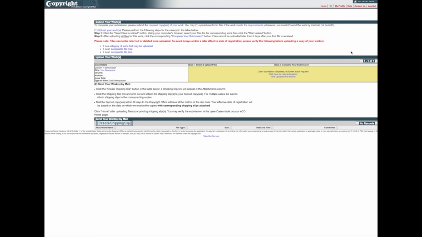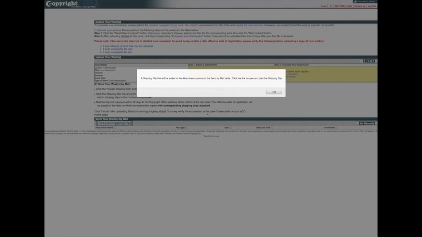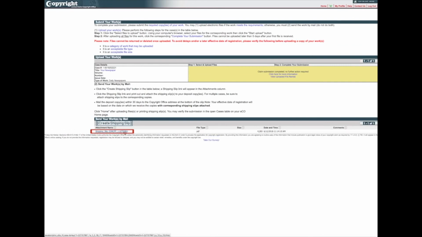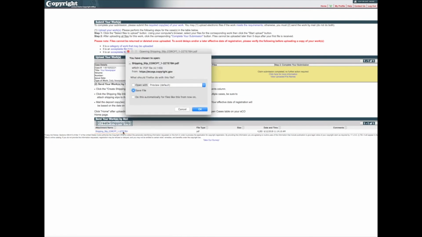If you choose to send microfilm, click Create Shipping Slip on the bottom of the screen. In a moment, a shipping slip attachment link will be added to the screen. Click the link to open and print the shipping slip.